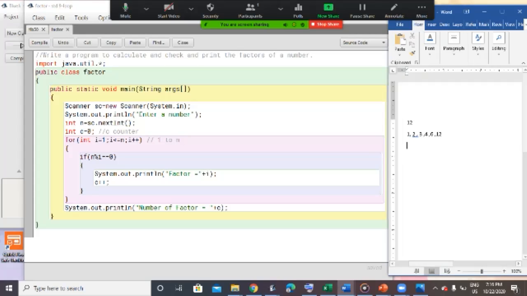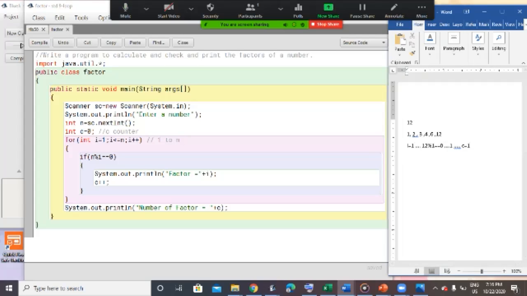So in case of 12, what happens? I first will become 1. So the checking will be, is 12 completely divisible by I? The divisibility check we have is modulus. So if 12 mod I equals 0, the value 1 is printed, and the counter will increase by 1.